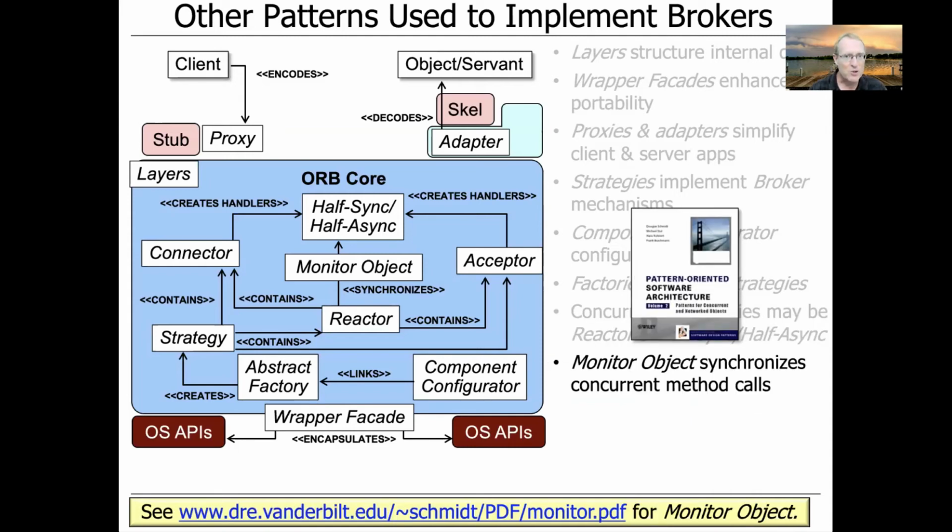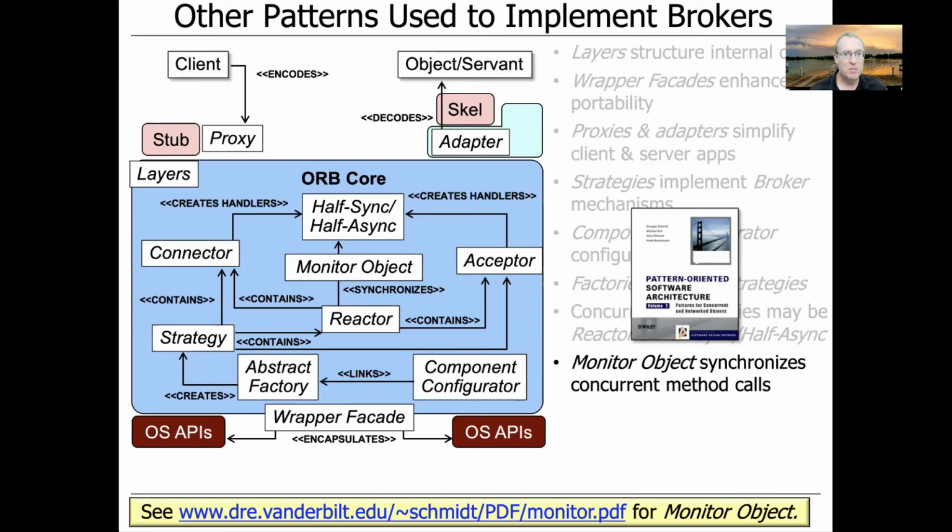Because we had a bunch of threads running around in various configurations, naturally it was important to ensure that any state of objects that needed to be protected against accidental corruption would be properly synchronized. And in order to do this, we applied something that's also documented in the POSA 2 book called the monitor object pattern. And of course, anybody who's programmed in Java with concurrent Java mechanisms is undoubtedly familiar with monitor objects, because that's what comes built in to Java objects through the synchronized and wait/notify mechanisms that are built into